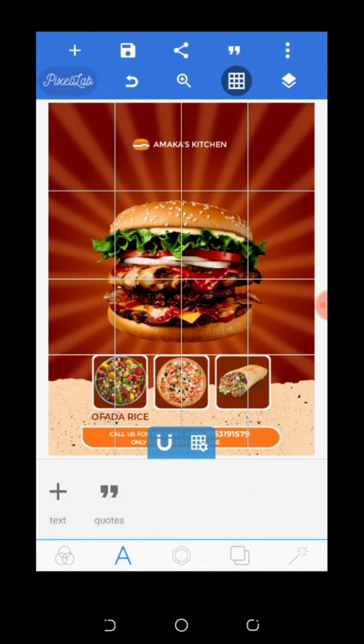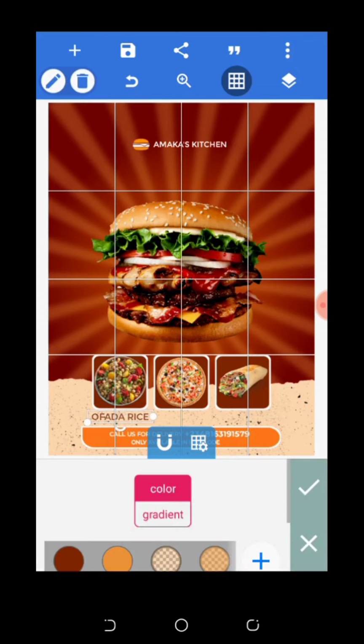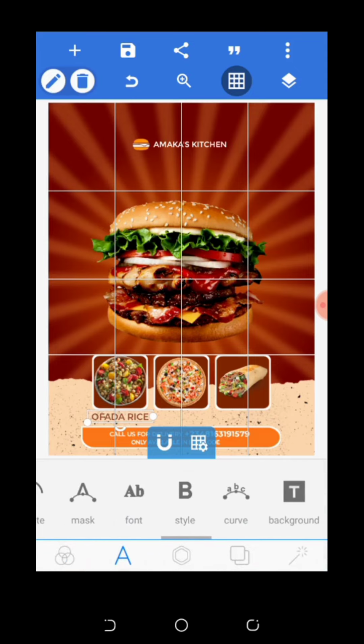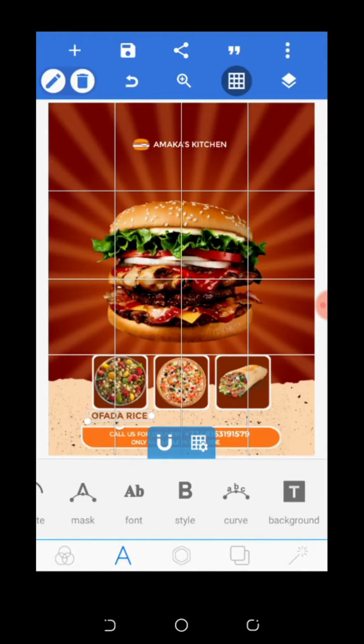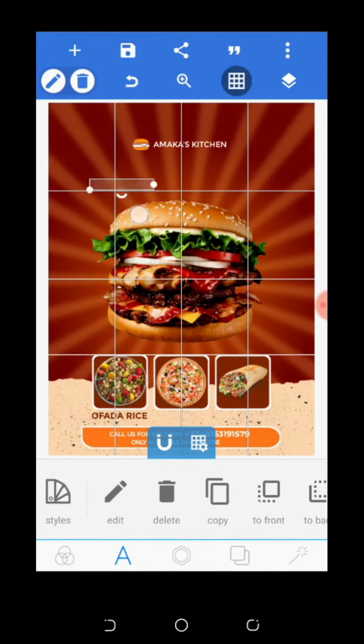So I think for your shape, you'll be putting this particular shape. I actually copied this element, so I strongly recommend you use this color, the brown, the same color you use for your shape, before you just put it like this. For the further rice, it's the same color I'll be making use of. But I strongly recommend you make use of a bold font. Something like this. Then you copy this one, position it here,